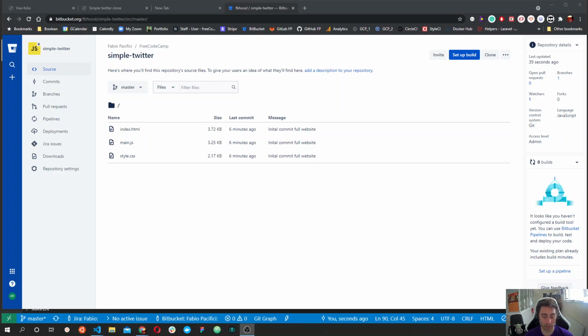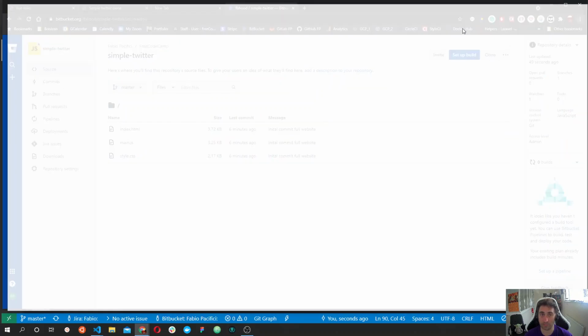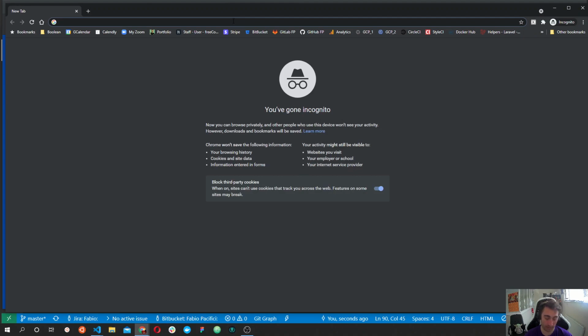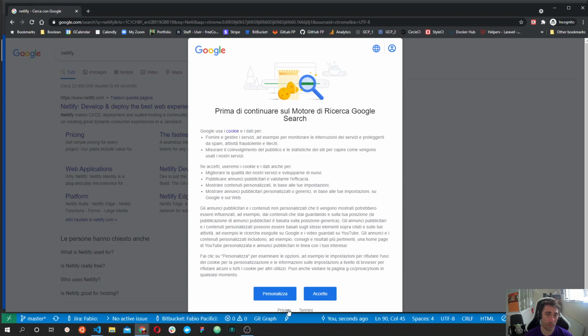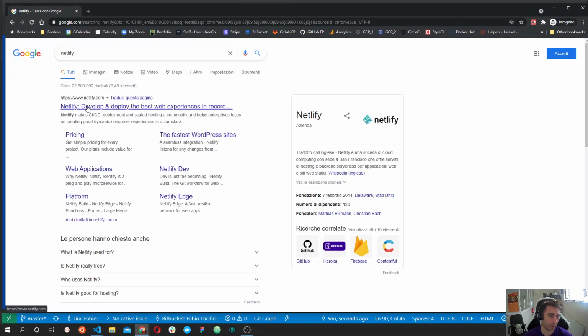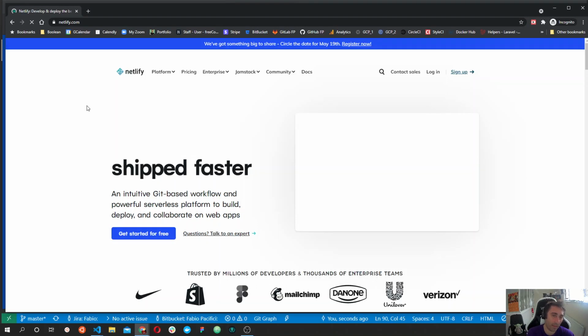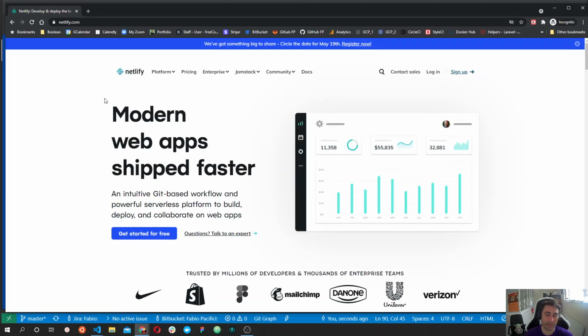actually to register and create a site on the web server, so using Netlify. I'll show you in a second how Netlify looks when you are not already registered. So let me open a new incognito window and type Netlify. Let me accept that. Okay, so the first time that you visit Netlify, this is the home page, and for